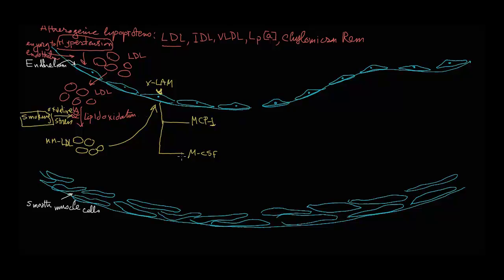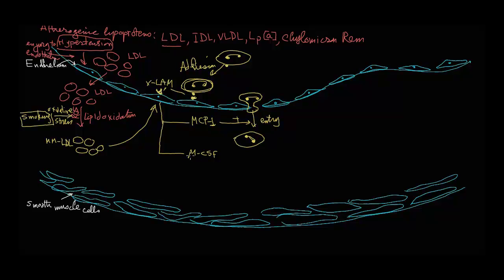The expression of these and other molecules results in the recruitment of blood monocytes. So monocytes start to get an access into the subendothelial intima as well. So they enter and they are acted upon by the monocyte chemotactic factor. So they are more and more recruited into the intima and they become differentiated into macrophages. So this is the sequence of events.